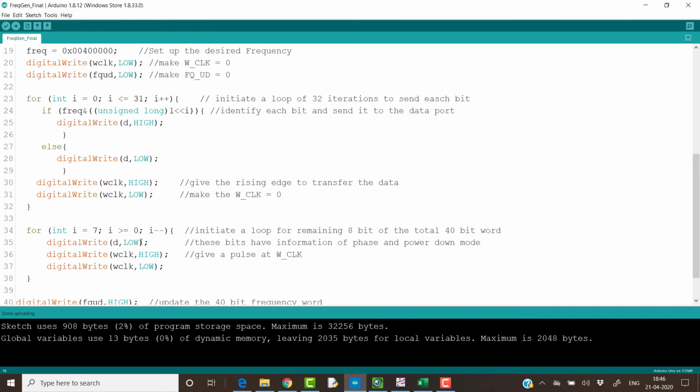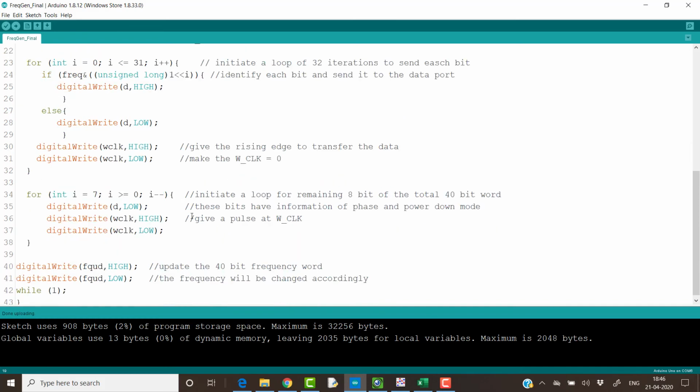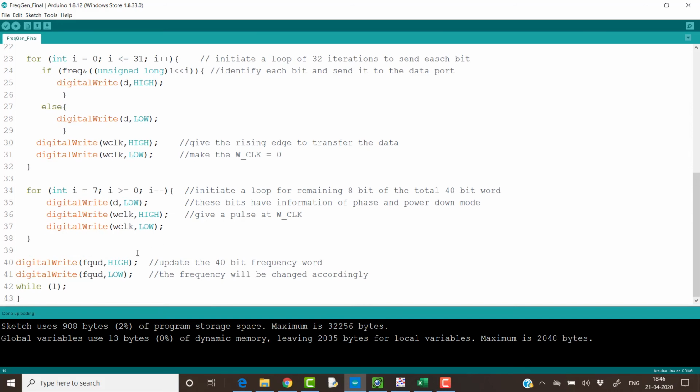Then again write a particular data, give the clock pulse, that gives the rest 8 bits. These 32 bits are the frequency control bits, and these 8 bits are the phase control and power down mode bits. We are not activating them, and they are all 0. And then finally we update the frequency into the module.